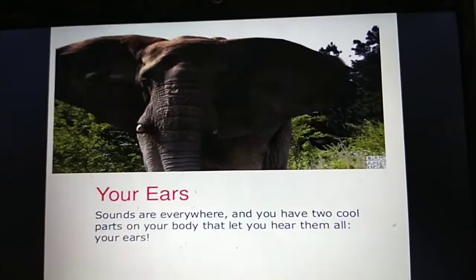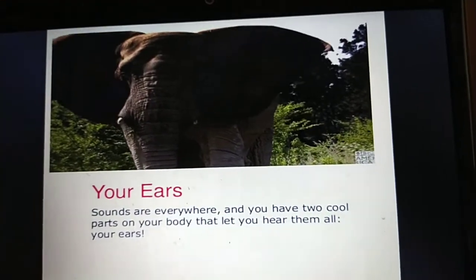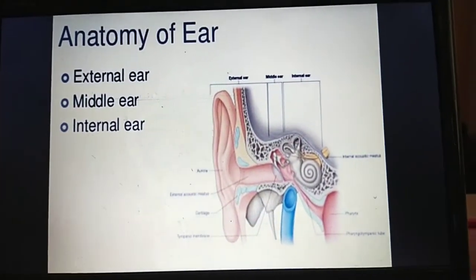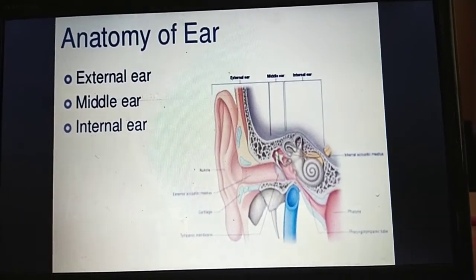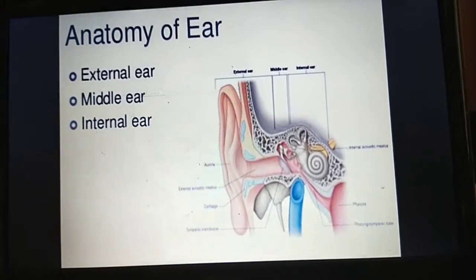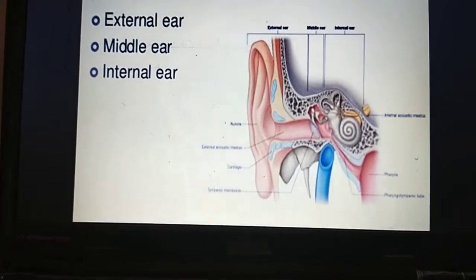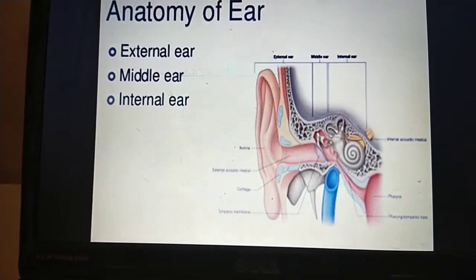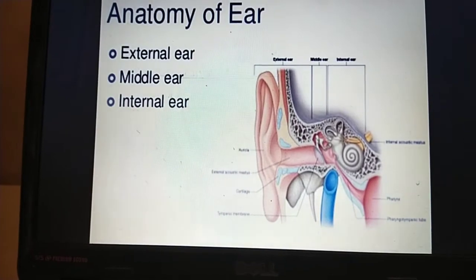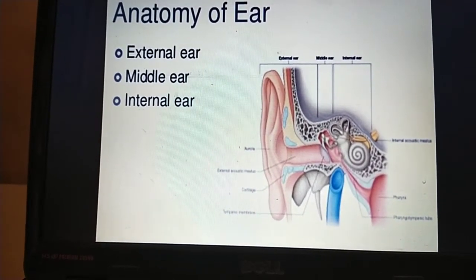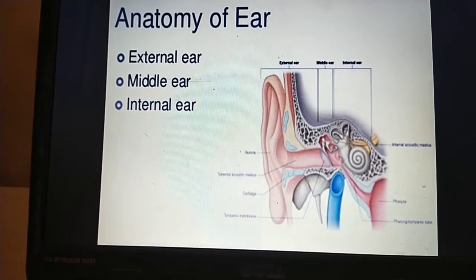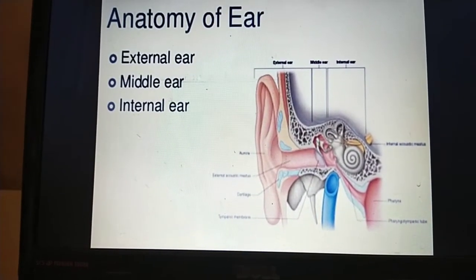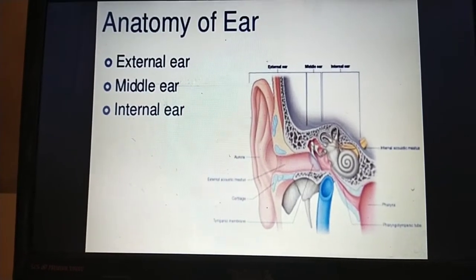You can go for the next slide. Today we will discuss the anatomy of the human ear. The human ear is divided into mainly three parts: external ear, middle ear, and inner ear. The external ear, also known as the outer ear or auris externa, is the external part of the ear, which consists of the pinna and ear canal. It gathers sound energy and focuses it on the eardrum.